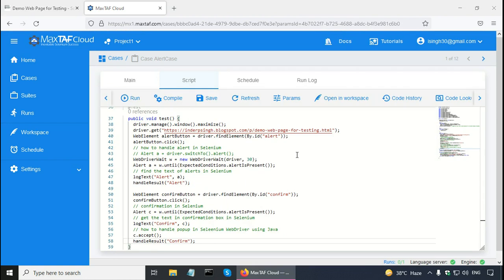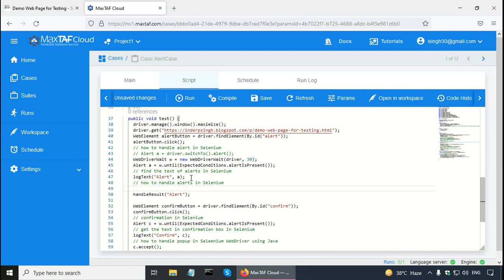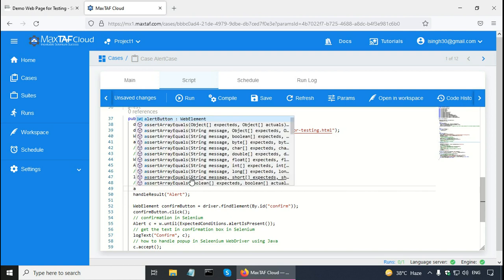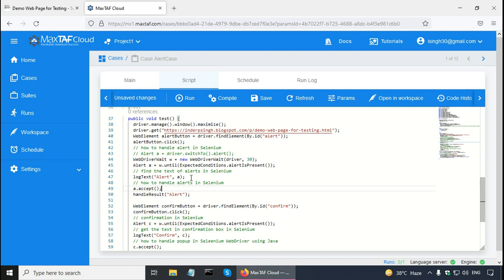One other thing I need to do is, in the simple alert, after I log the text, I have to handle the alert also. So how to handle alerts in Selenium? For the simple alert, that can only be accepted. So a dot accept, and now the code is complete. So let me save it